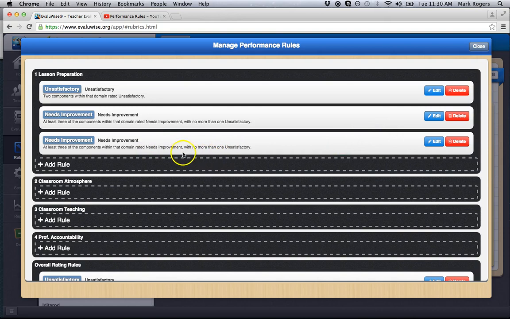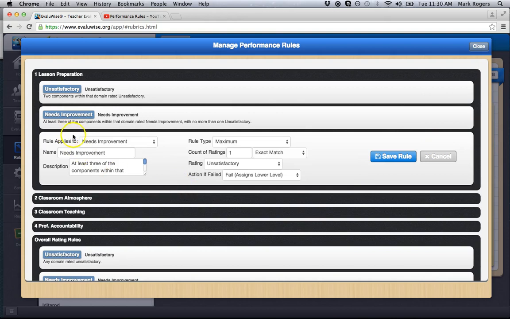Second half of it, no more than 1 unsatisfactory. So needs improvement, again the description, no more than 1 unsatisfactory. That would mean a maximum of 1 unsatisfactory. If that fails, in other words if there's 2 or more, because it says no more than 1, then that's going to be action if failed, assign current level, because if it has 2 or more then it can't be